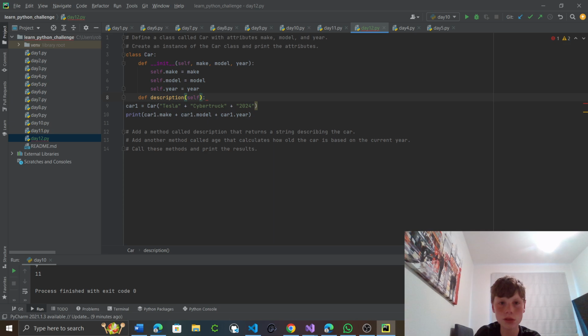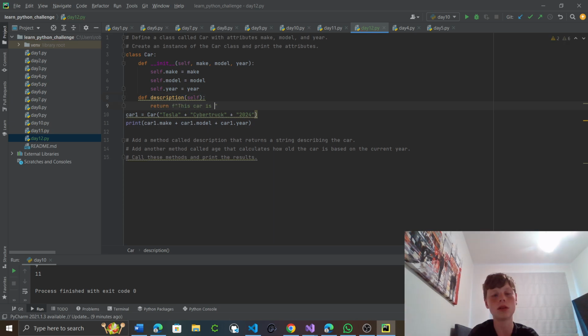So we'll do this car is of type and the model is, and funnily enough this was first launched in,